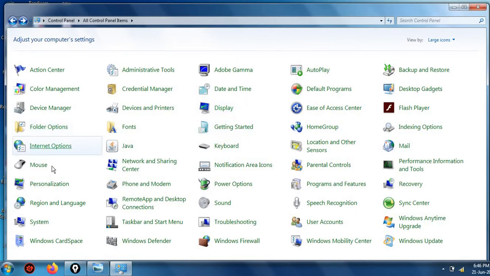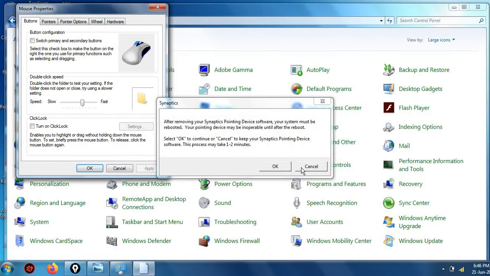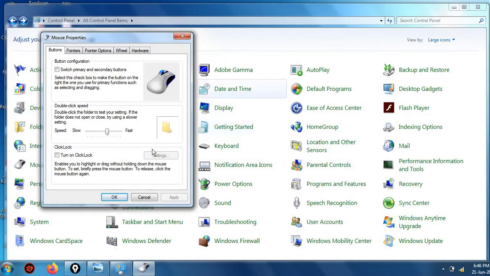Date and time you have seen, this font option you have seen. Now let's talk about the mouse. Here it is, the mouse option, right? To change the mouse settings, we will click on it. Let's click on this mouse option. Here I have some problem in my mouse setting, but I am telling you how to do it. So this is my mouse. I am moving my mouse, so this pointer is moving. I can increase the speed of my mouse. See, this is the double click speed, right?